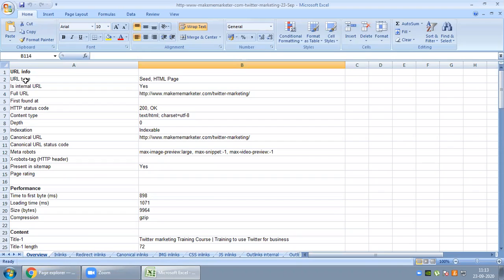Here is the overview. URL type is HTML page or seed page. Internal is internal URL. Yes, it is an internal page. Full URL. What is the full URL? URL first found, they have not provided where they found that. Maybe for this reason they have put this URL as an orphan page.